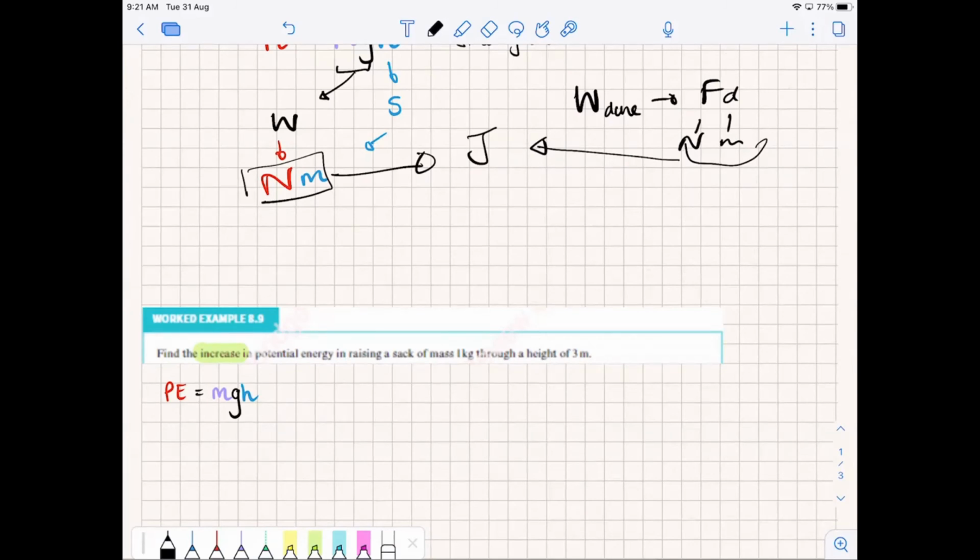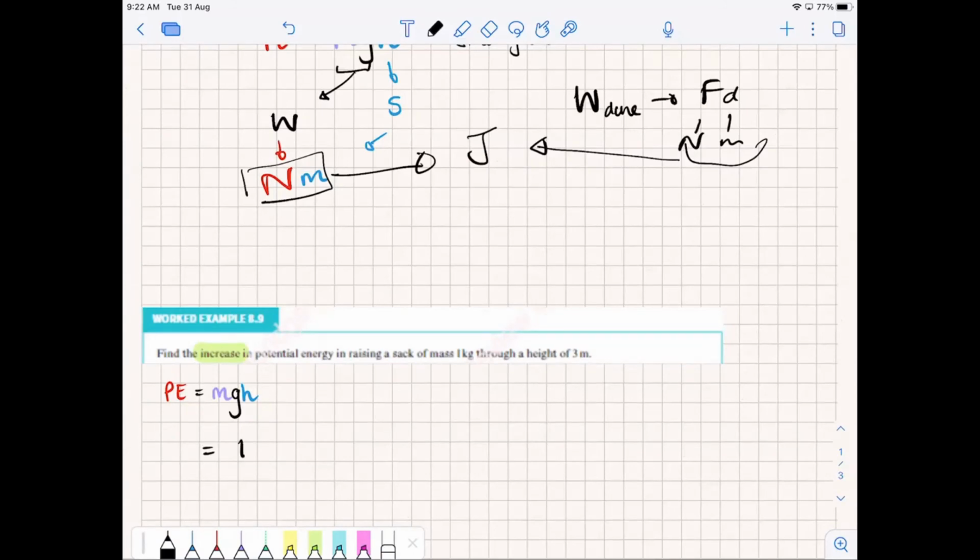Because if you bring something closer to the ground, it has less potential energy. Does that make sense? Because it's lower to the ground, it's going to fall for less long. So an increase just means the ball's going up. In other words, our height has increased by 3 meters. So if we want to calculate the potential energy, we take the mass of the object, which is